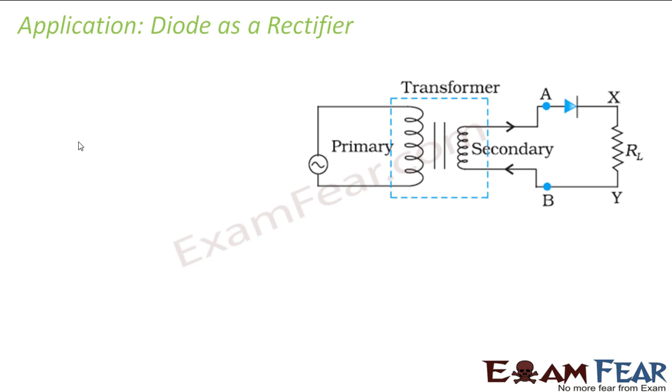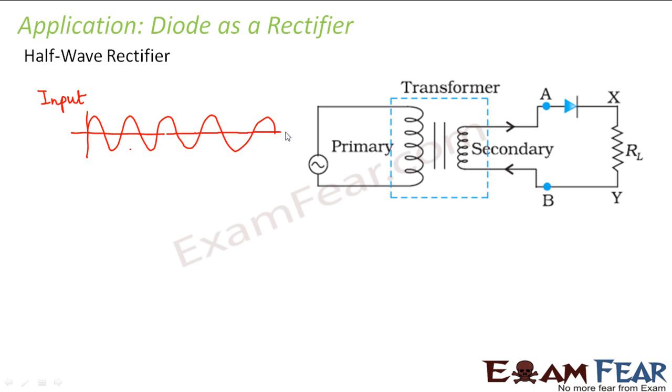So how does a diode act as a rectifier? Let us look at it. There are two categories of rectifier: one is known as a half wave rectifier and the other is known as a full wave rectifier. Let us discuss the half wave rectifier first. Let us suppose we have an input signal somewhat like this. This is how your input AC signal will look, changing with time sinusoidally. What kind of output do you expect to get when it passes through this half wave rectifier? We will see that.